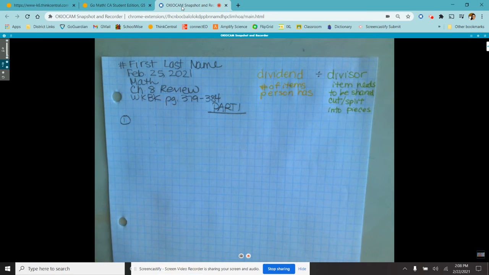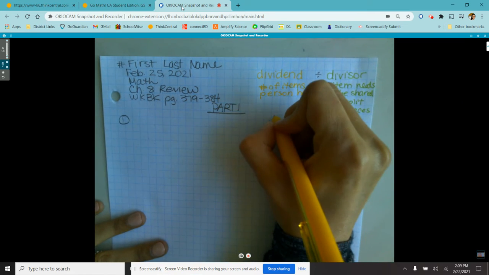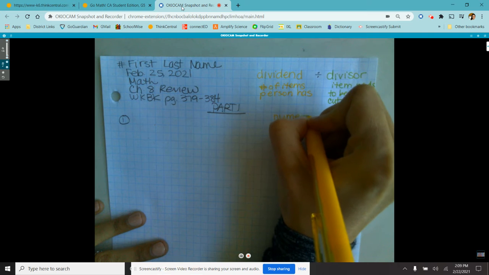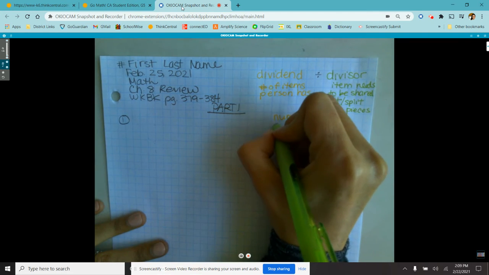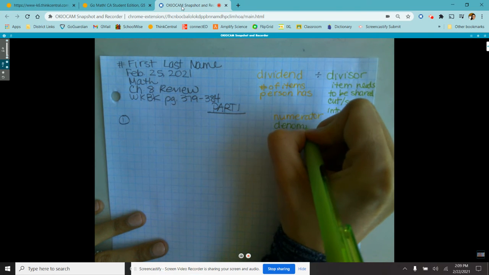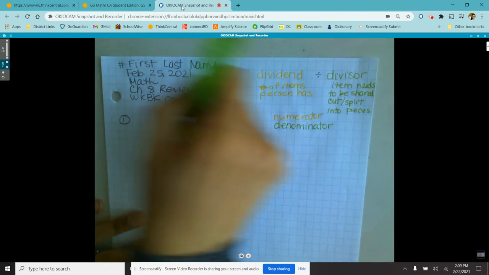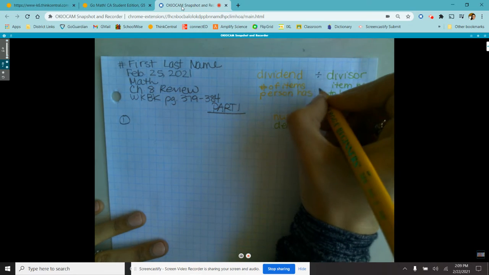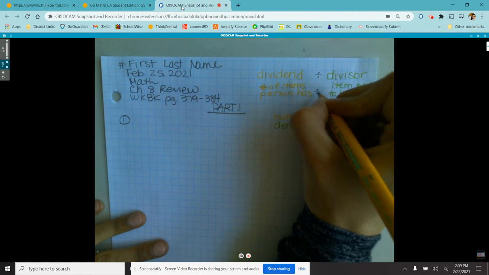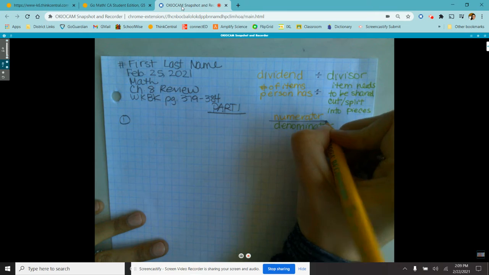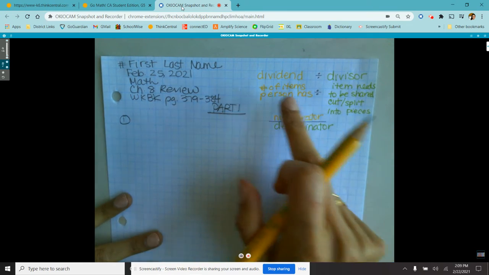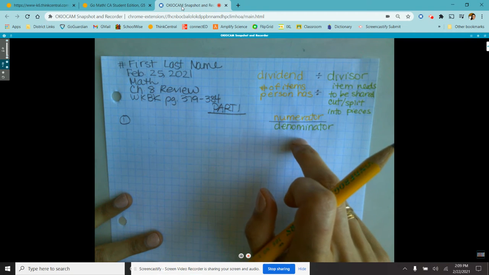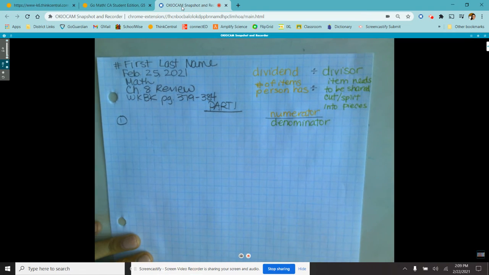All right, and also know that when we do this, this is the numerator and our denominator. So know that every division problem is also a fraction. So we can set up a division problem with our dividend and our divisor, or we can turn it into a fraction. All right. So number 1,